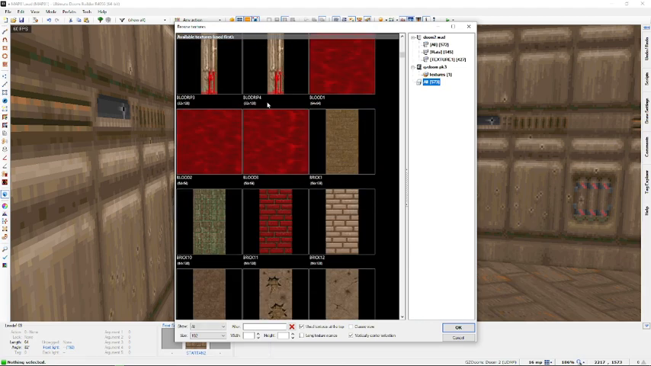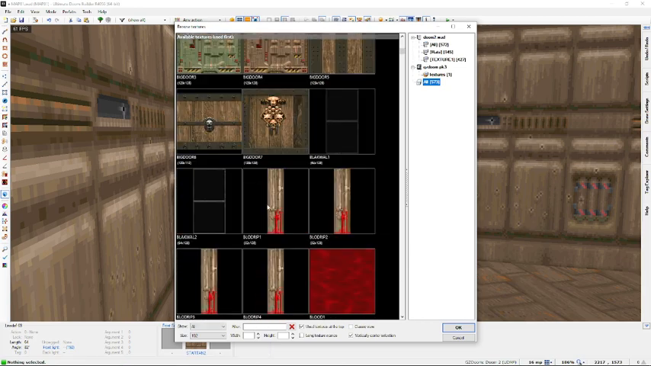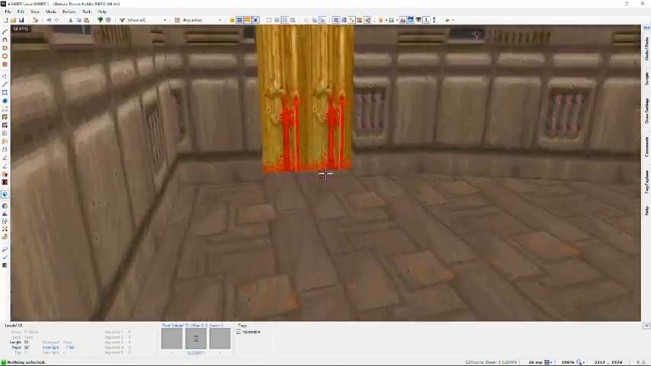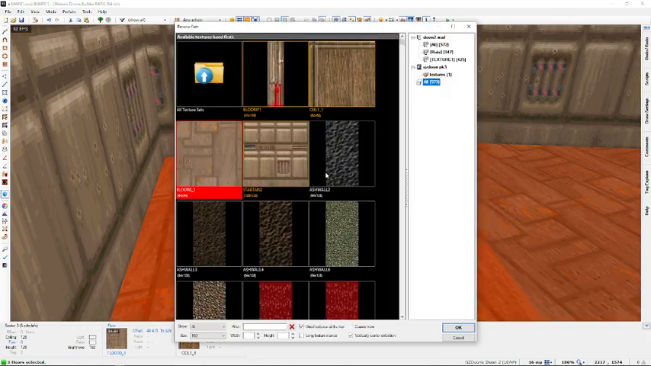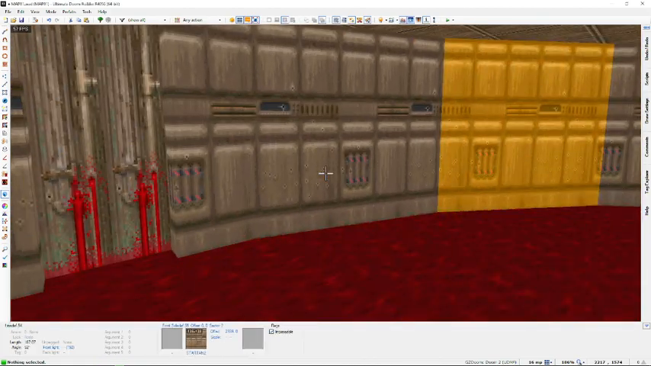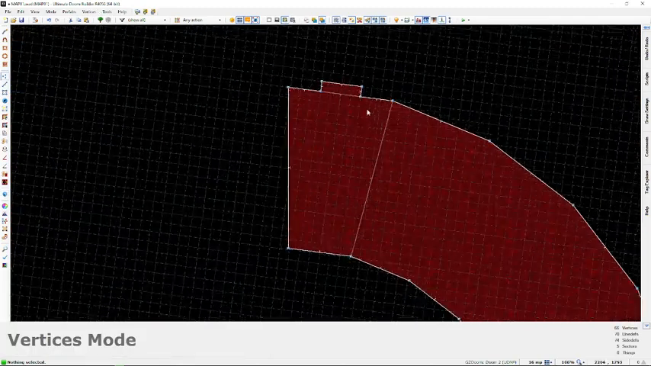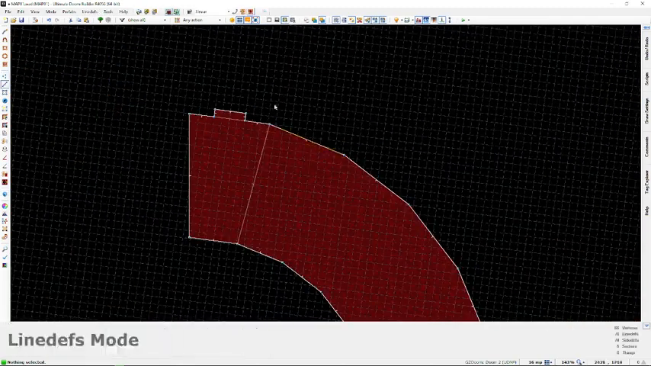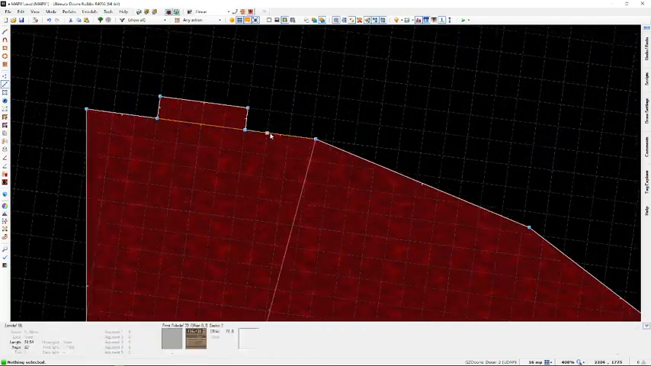Let's just pick, for example, anything. Maybe this is a blood floor. So how do I get that to all of them? Essentially,